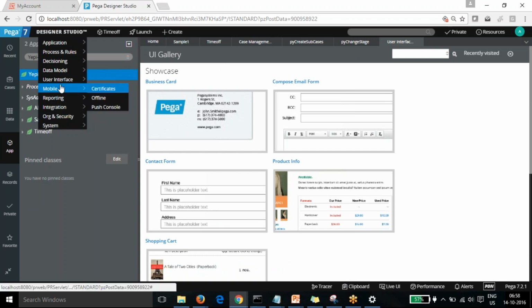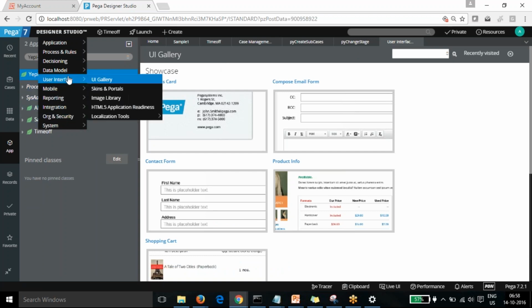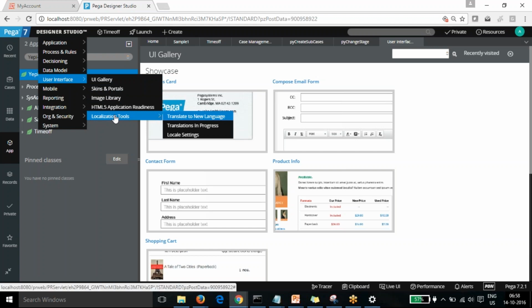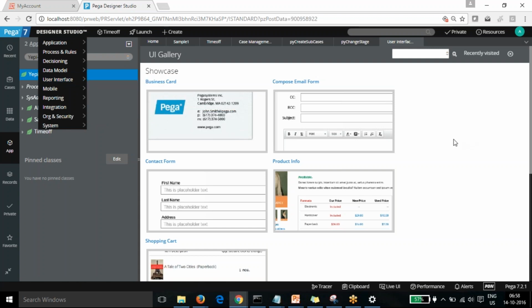That is what we call localization. The same application we were building can work in different languages based on their locales. This is another good feature of Pega.